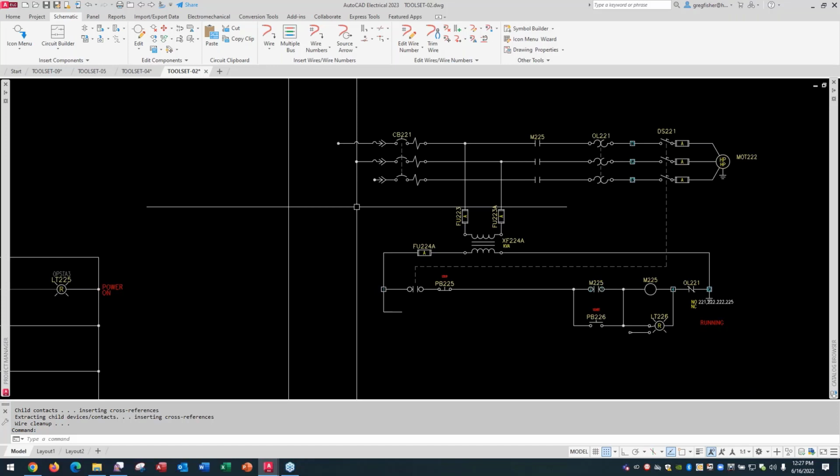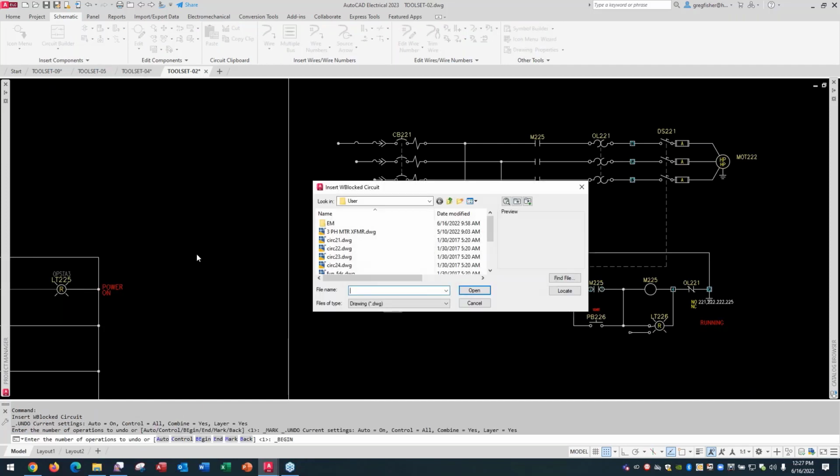You can save it to an icon menu where I just pulled that one from. Some people don't like using the icon menu. We can also go to insert W block circuit. So you're saving the block, the DWG file, to a folder, and then you can insert them this way. So if I pick this one,